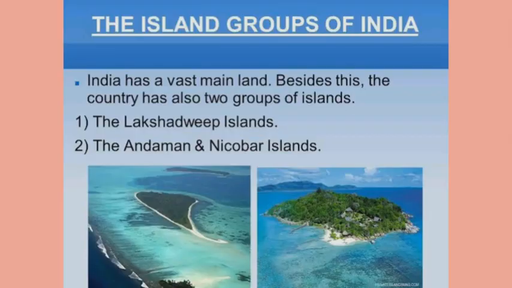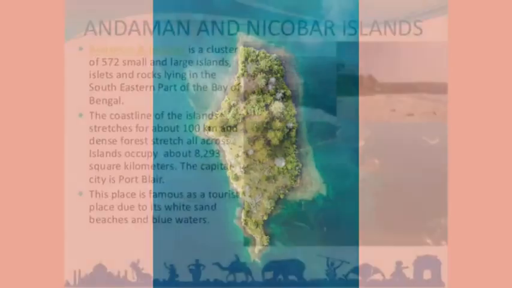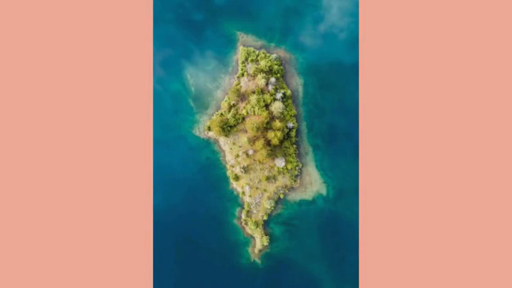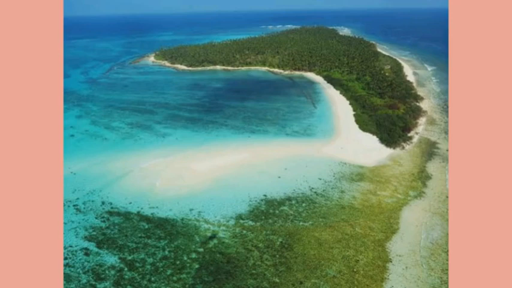The Andaman and Nicobar Islands are a group of 572 islands. Not on all these islands are people living, as these are densely covered by forest. The people who live in the Andaman and Nicobar Islands live deep inside the forest, and mostly they do not have much link with the outside world. Similarly, the Lakshadweep Islands are a group of 36 islands. These islands are famous for their beautiful beaches and scenic views.